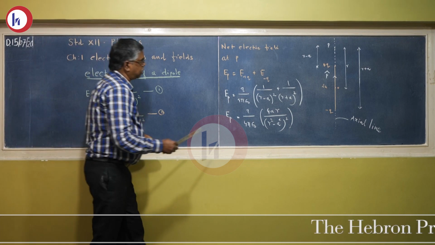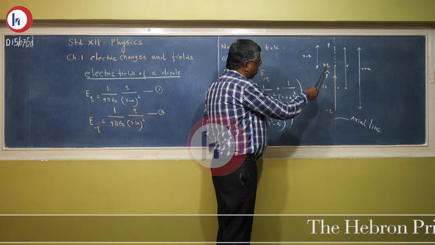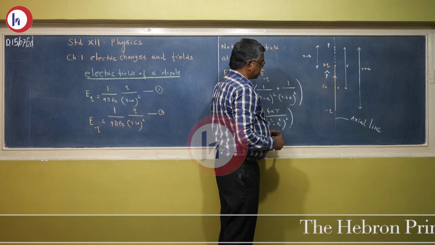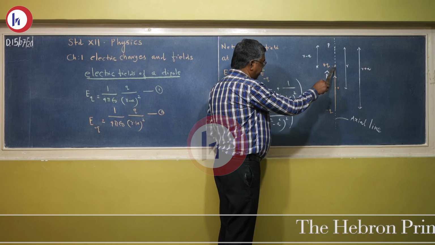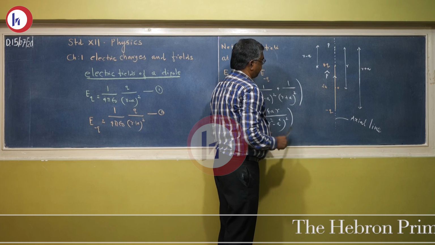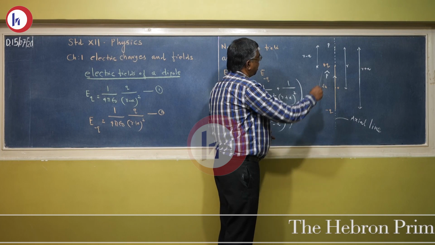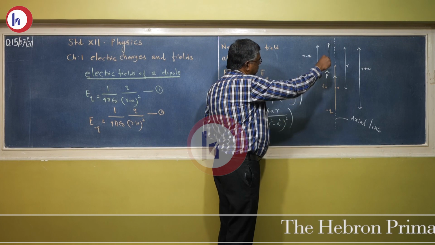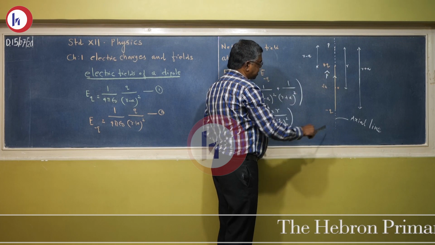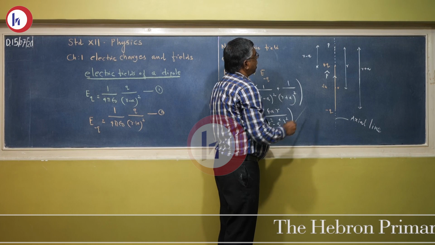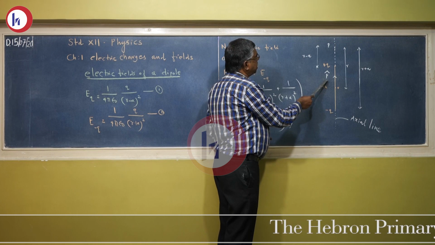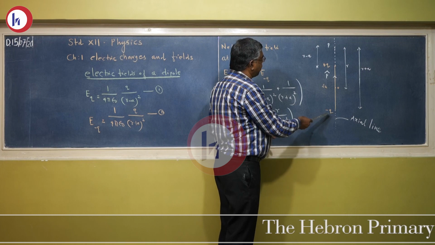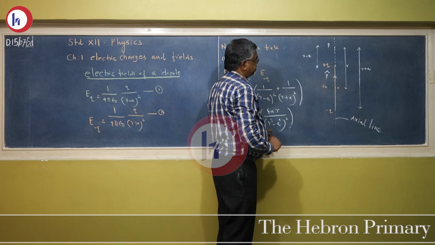Just consider the figure shown: a dipole with plus q charge and minus q charge separated by distance 2a. The dotted line shown is the axial line of the dipole. The line passing through the dipole is called the axial line. And p unit vector is the unit vector of the dipole moment, acting from the negative charge to the positive charge.